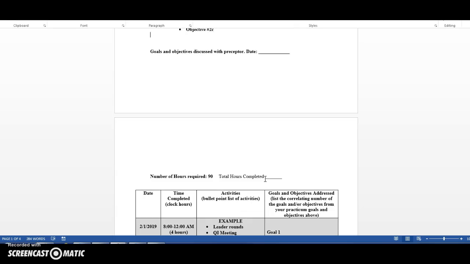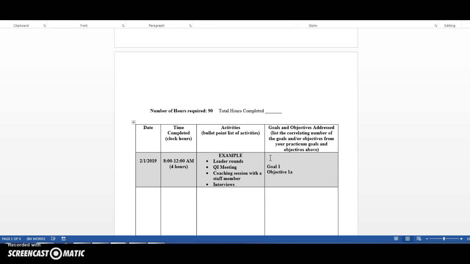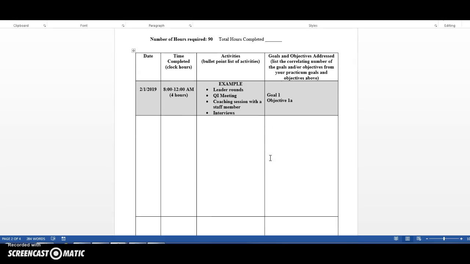So like I said, this is a 2-part document. So you will also be using this form as your log. So you will be documenting your experience on this form as well, and you will be correlating with your goals and objectives what you completed. So you will put the date, the amount of time that you spent at your practicum experience. You'll just bullet point kind of an overview of what you did, and then you will look at what you've done and what goals or objectives you are including or what you achieved